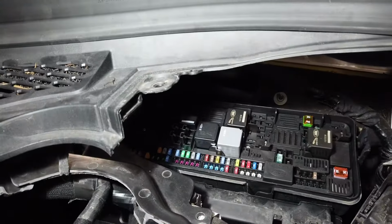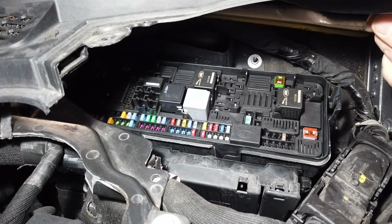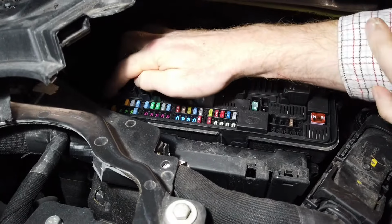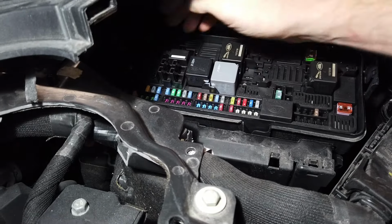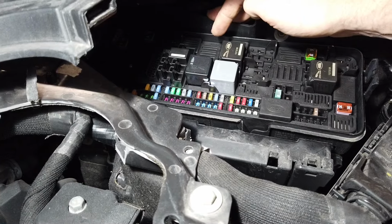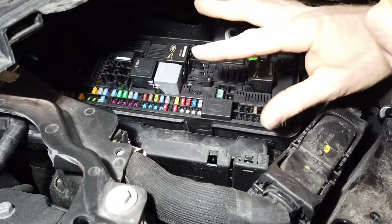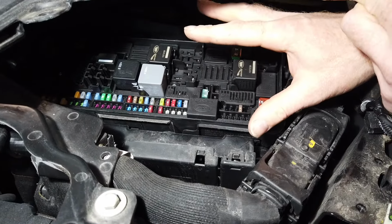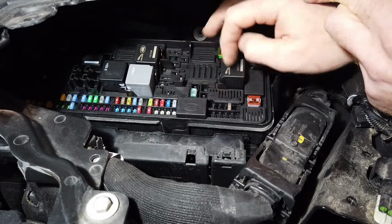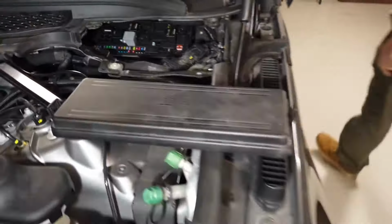So there you go. We'll do a little diagram of what fuse goes where, but you can see basically you've got your main fuses in here. Some of them will be missing. Don't worry too much. A lot of the ones at the start over here are for hybrid vehicles and electric vehicles and stuff. And obviously we've got a relay missing here. But generally no one's going to have taken stuff out. Ours actually has had some stuff taken, but generally you're just looking for something that's blown. So that's that one. Right, let's have a look. Where's the...